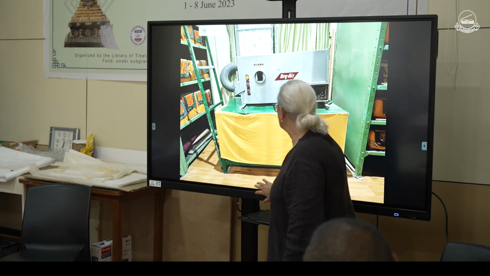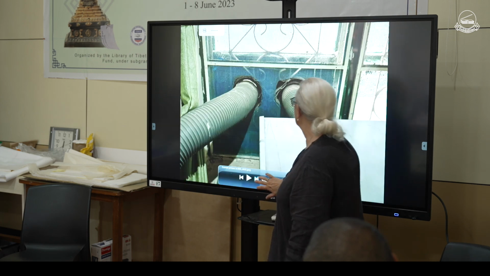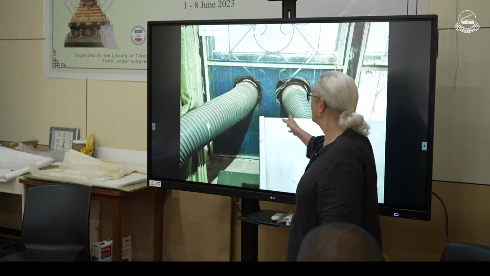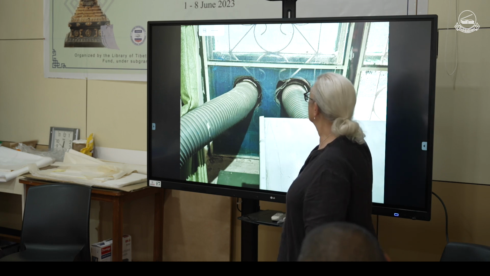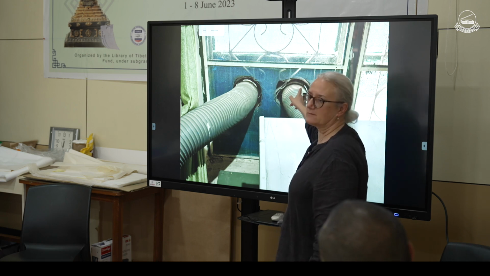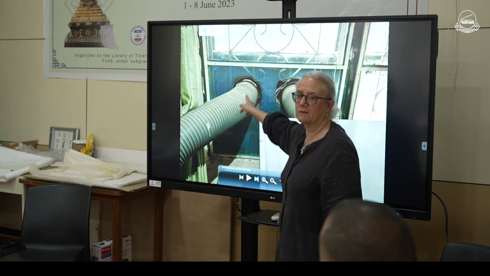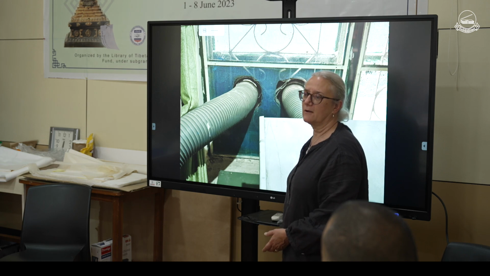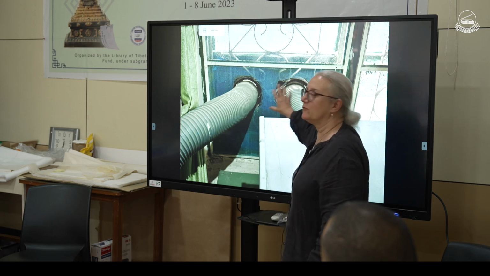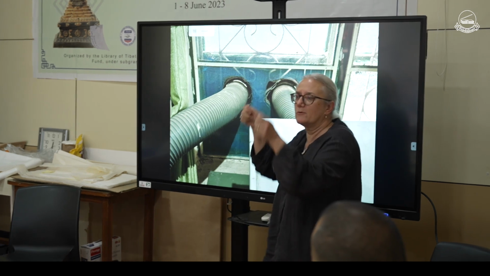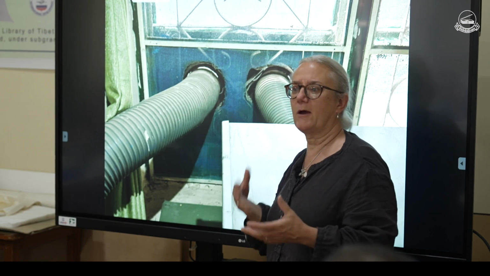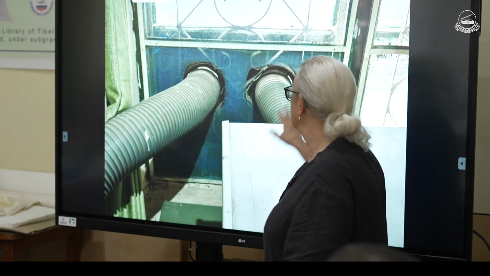The next issue is this machine has to vent to the outside. And so the window has had a screen put on it, and then a board put on the outside, and a hole cut. You can see that's light coming in from the outside. So that means there's no screen, there's nothing. The insects can just find that space and come directly into the collection. So if you fix this, and there's ways of fixing that, you could put a rubber seal around it. You can plug up these holes. Those are the kind of things you need to think about in your own collections if you have this type of space, and start looking about it.